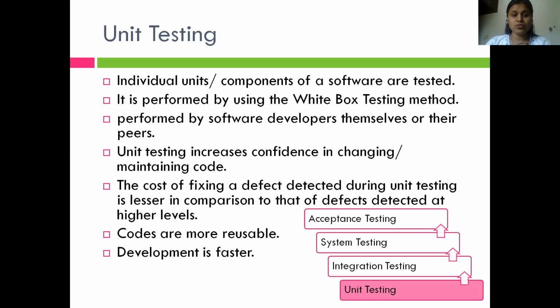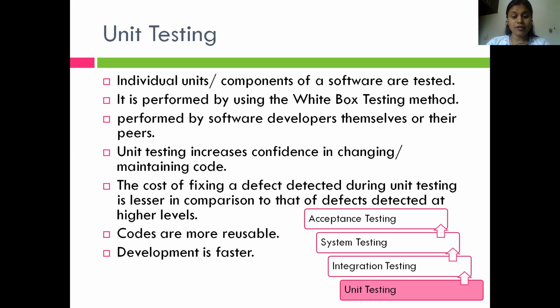Unit testing is usually done right from the start of the development of the software, because when you develop one single unit, it is tested. If the output of that unit is correct, then the next unit is developed and tested. If there is a requirement to change something to get a more correct and accurate output, then it is done. One unit is complete, it is kept aside, and then the next unit is developed and tested. In such a way, multiple individual units are developed and tested.